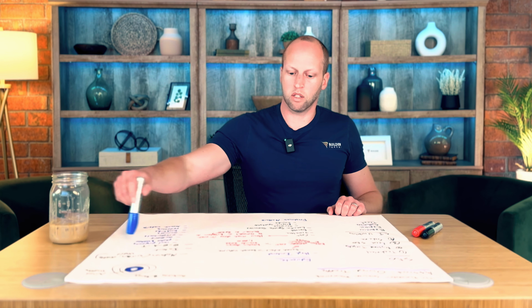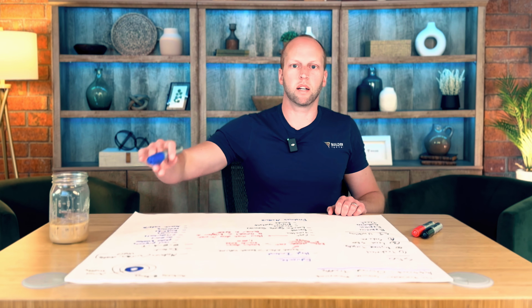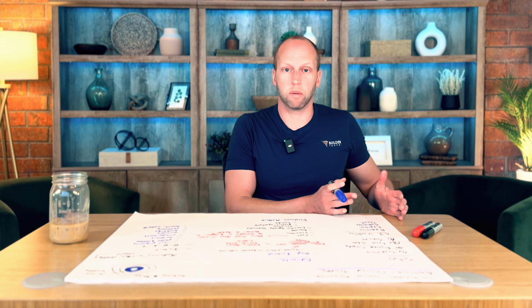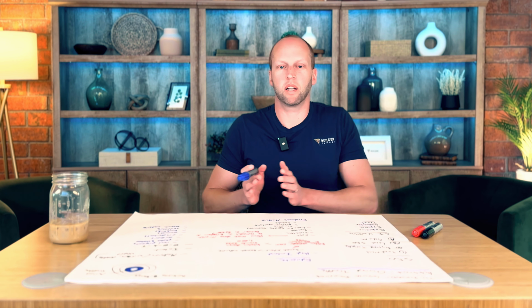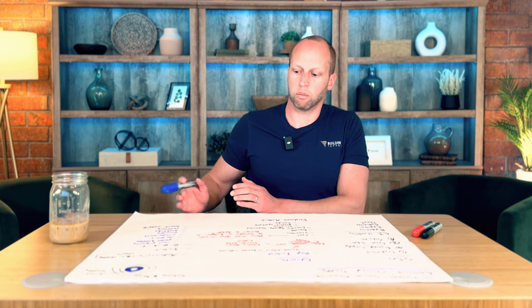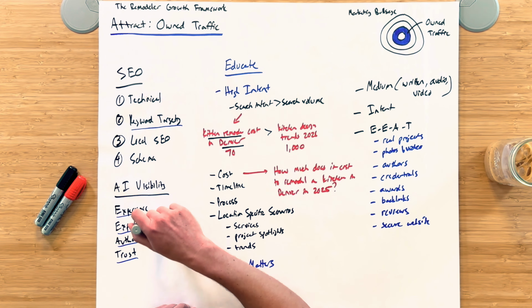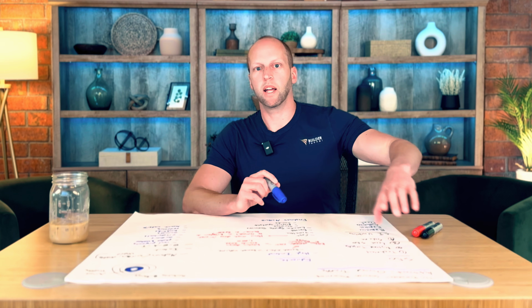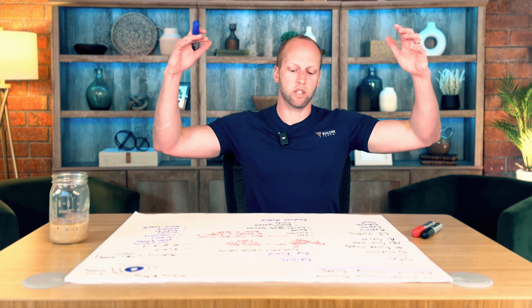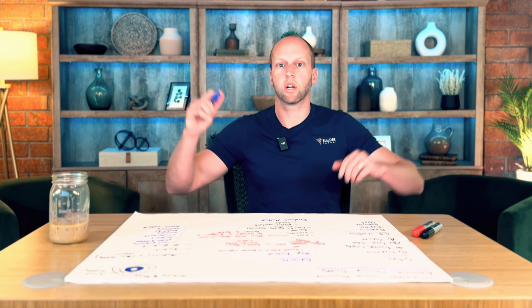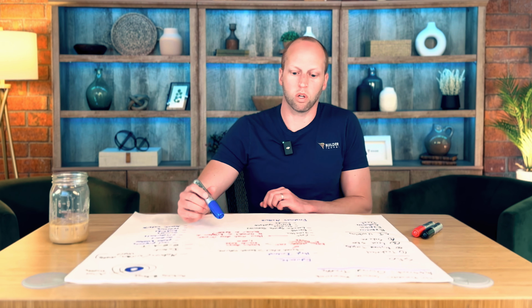And all of these, if you're baking them into your content, again, whether that's your website, your service pages, your project spotlights, your blog content, your videos, your podcasts, will help build authority and show AI platforms and Google that, hey, this content should be prioritized. And these are ways that we can influence our ability to own more and more digital real estate.